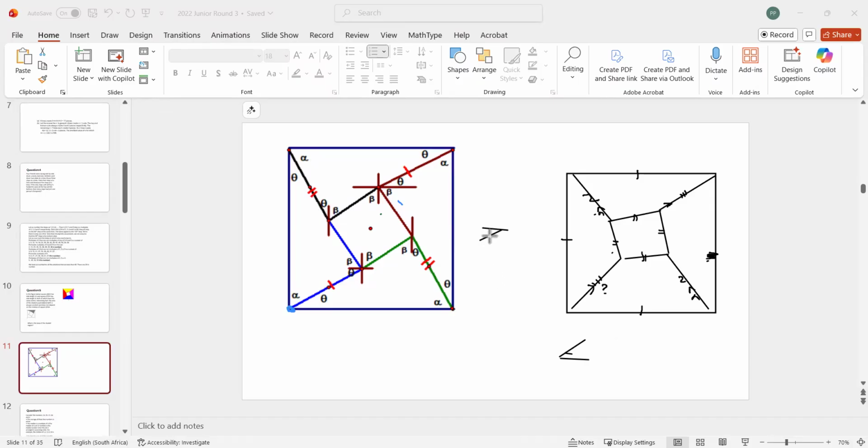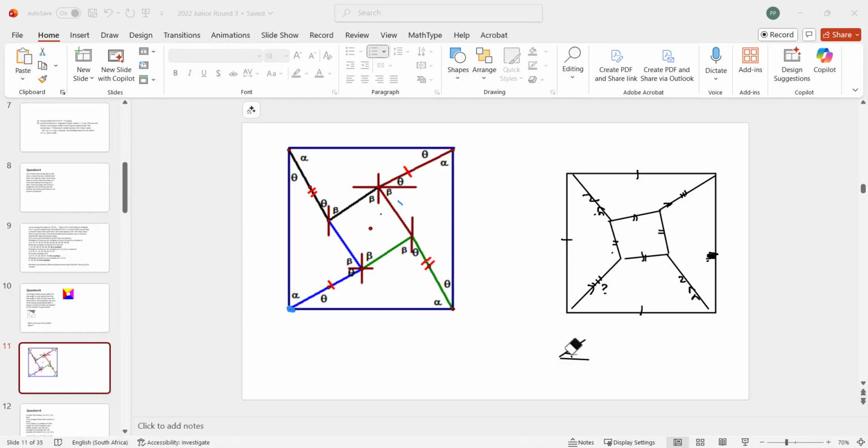This angle here, if you extend this line and then extend that line to meet somewhere, then you will see that that angle is equal to this angle here because of alternate angles, and this angle is equal to this, the corresponding angles. So the point is that the angles between two parallel lines are always equal. Okay, now using that fact, I was able to show quite a few things, namely,